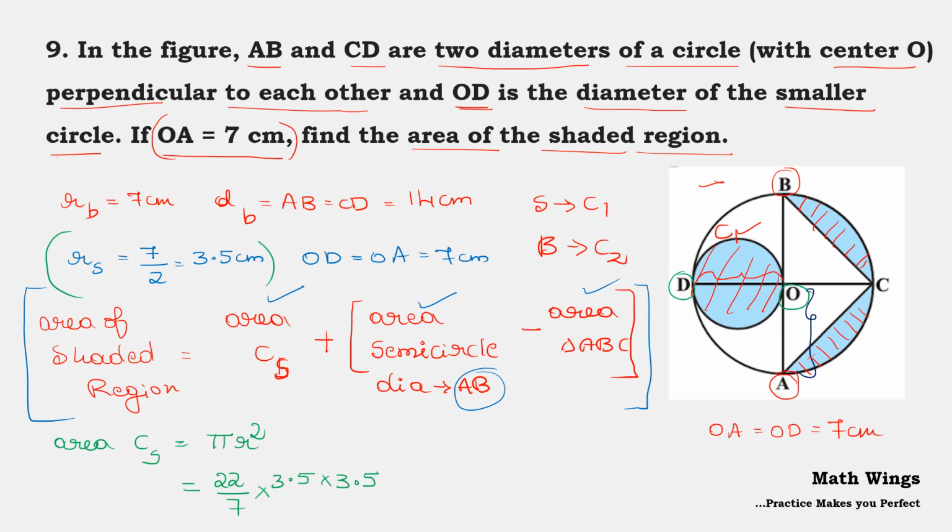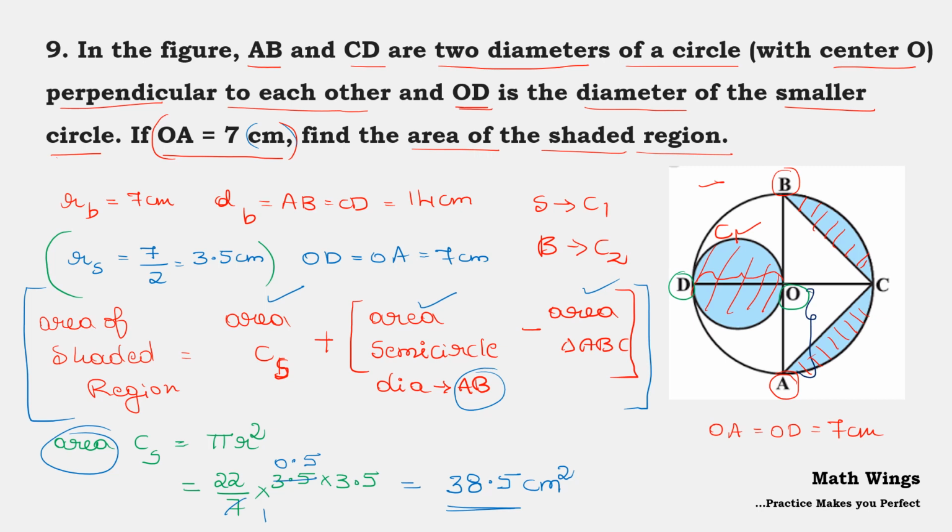Now when I simplify this one, what's the answer I'm going to get? Can you simplify this yourself? Just check. 7 ones are 7, 0.5s are. Now multiply this one to get the value over here. So what's the value you're going to get? You're going to get the value as 38.5. Since it is an area, what do we have to write as the unit? Unit should be centimeter square, because here the unit given to us is centimeter, and when we are taking the area, it becomes centimeter square or square centimeter.